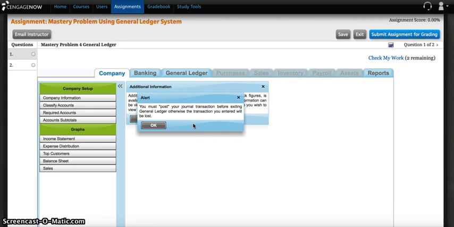Okay, this is a short demonstration of how to use the general ledger system for the mastery problem assigned in your assignments page on Cengage Now. As soon as you open the problem, you want to click on this first part here on the left-hand side of the column. I would go ahead and click this alert, click OK,